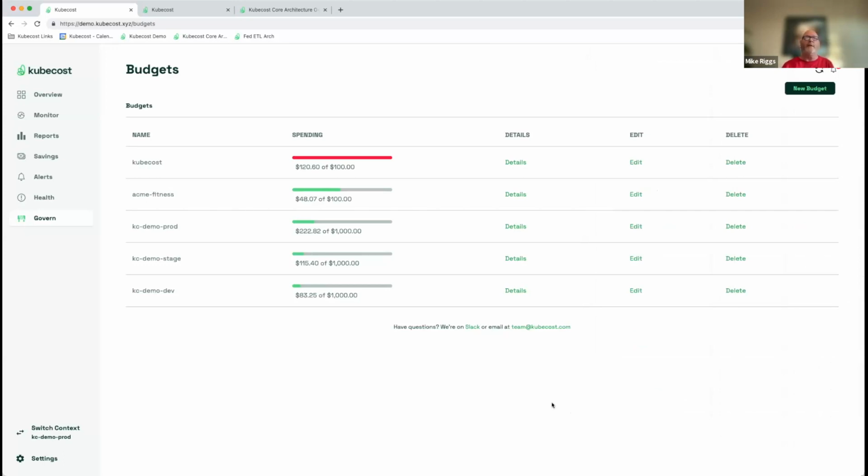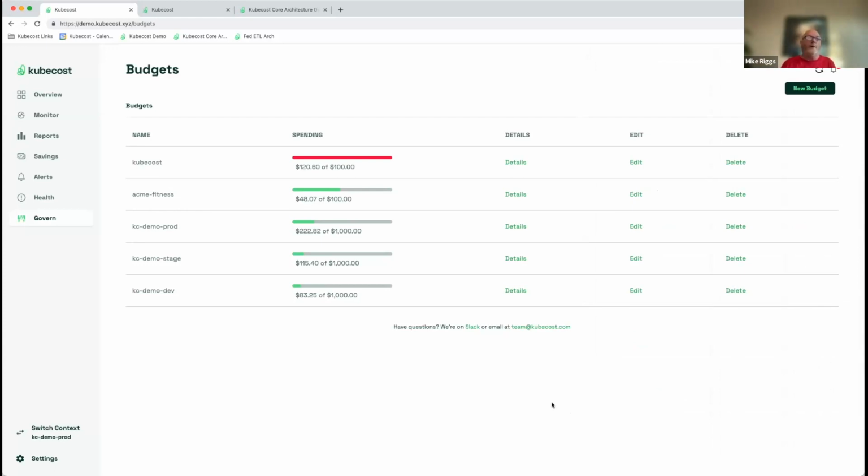The next part of this is there's an audit piece that's being worked on. That audit piece will then allow you to go audit budgets. So you can see what workloads have been deployed or removed from a cluster, and you can see the effect on the spend for those workloads. So that's being built. The other part that's going to go with this is a tool that we call Kubecost